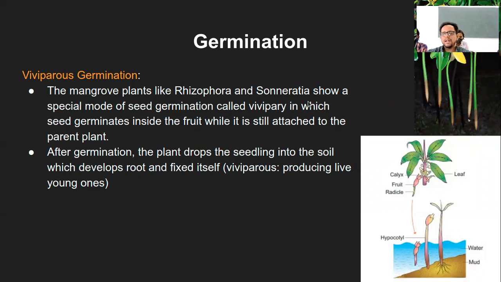Examples are Rhizophora and Sonneratia. So you can see in this diagram, the uppermost diagram, where there is this small fruit-like structure, and that is going to give rise to this root-like thing at the bottom, the brown structures. And this is also a representative diagram where you can see the fruit, and this part is the radicle, right? Radicle is the root system, and when the whole of this separates, it will start growing into a new plant. So you can see the stages of the growth, 1, 2, and 3. So that is nothing but viviparous germination.